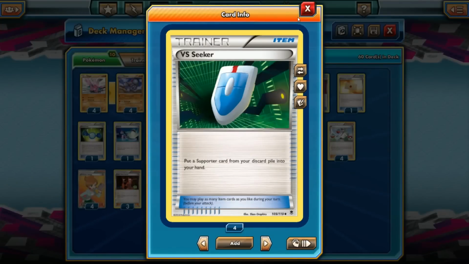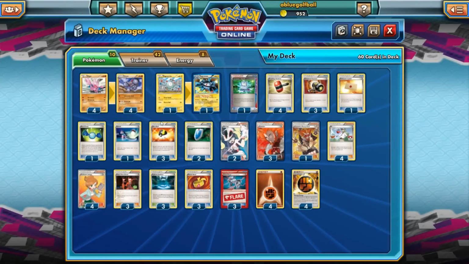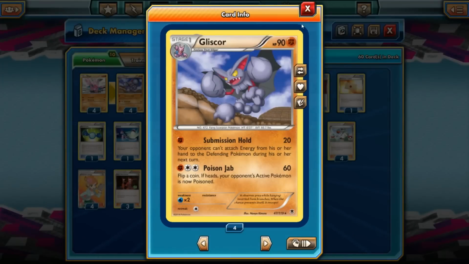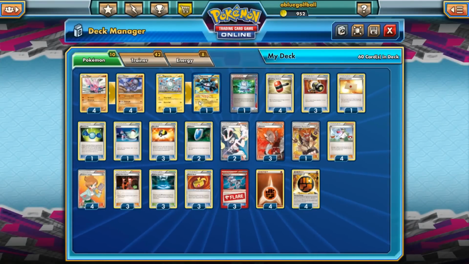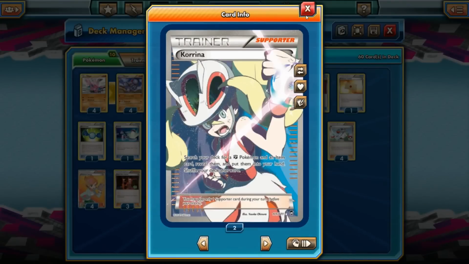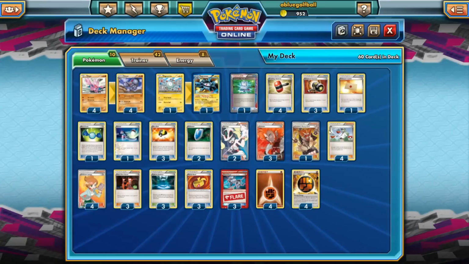But we have 2 Via Seekers. Forgot to mention we got 3 Ultra Balls to search out the Pokemon cards we need. Ideally, if this was expanded, I would be using Level Ball, which can search for basically everything except for Magnezone. So for the supporters, we have a huge supporting line, which is 2 Karinas, 3 Lysanders, 1 Lysander trump card, because